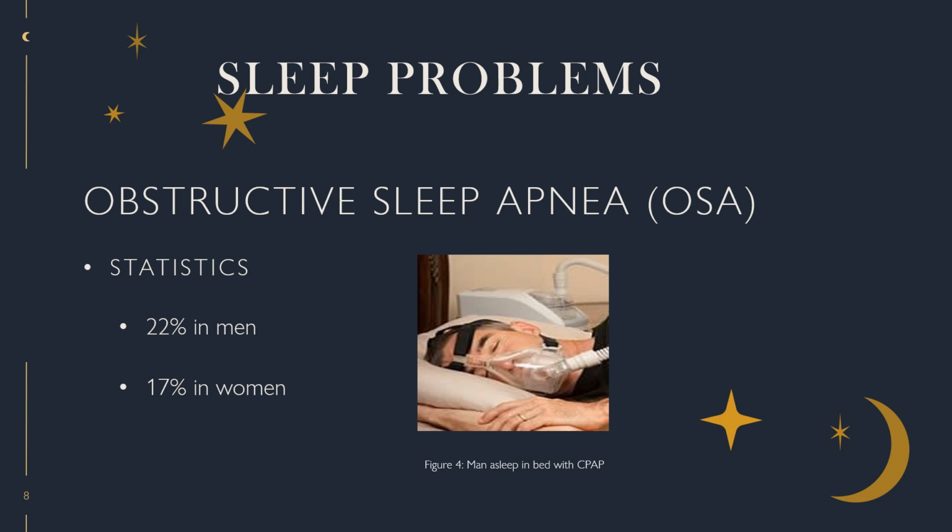Sleep problems. Obstructive sleep apnea. You may see this abbreviated as OSA. Estimates suggest that nearly 1 billion people worldwide have sleep apnea. In the United States, the prevalence of obstructive sleep apnea is about 22% in men and 17% in women. Relying on a stricter definition of obstructive sleep apnea, the disorder impacts 2 to 9% of adults in the United